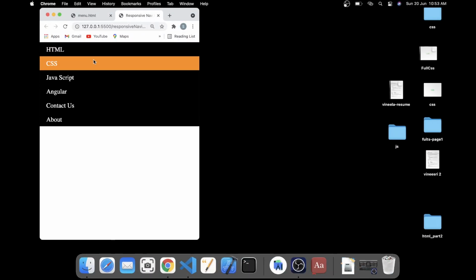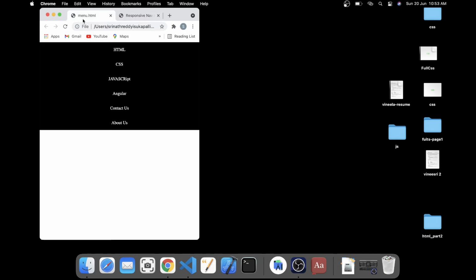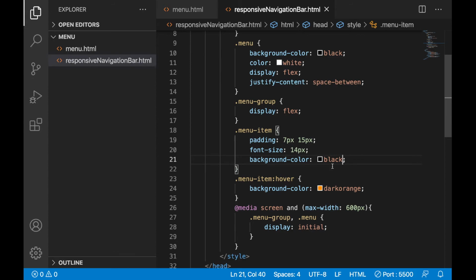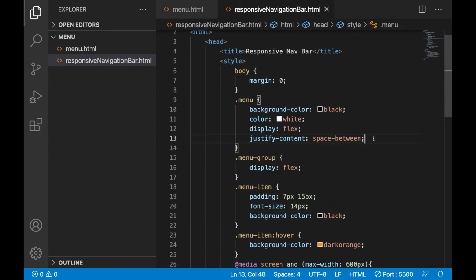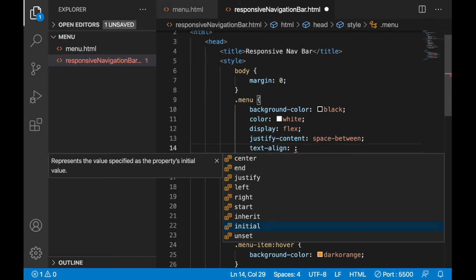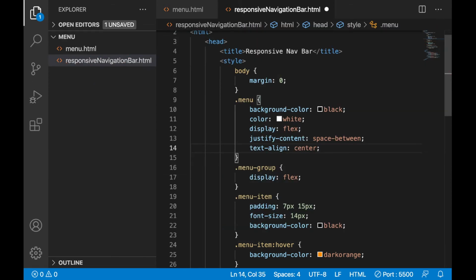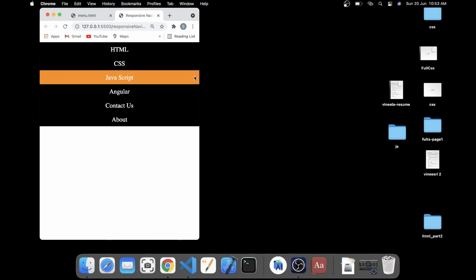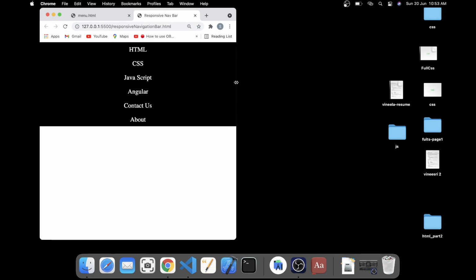You can see now. Okay, but here the text is coming in the middle, so let's write text-align center. We can add it in the parent only, and it will apply to everything. See how it is coming. So now let's increase this one.